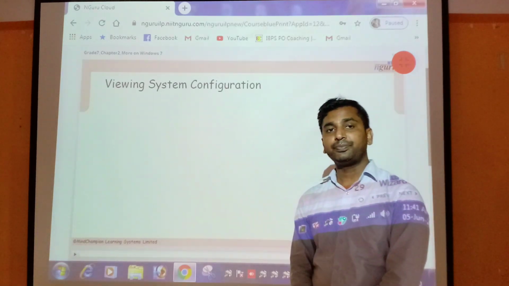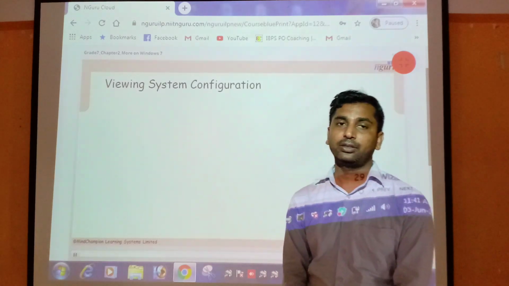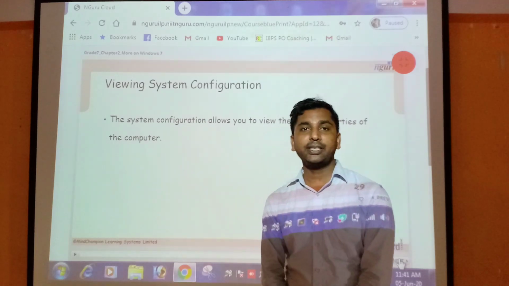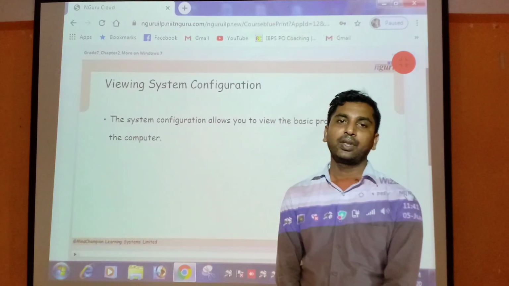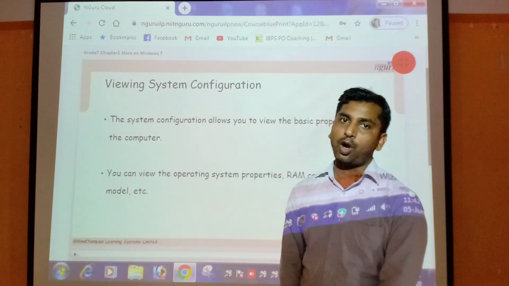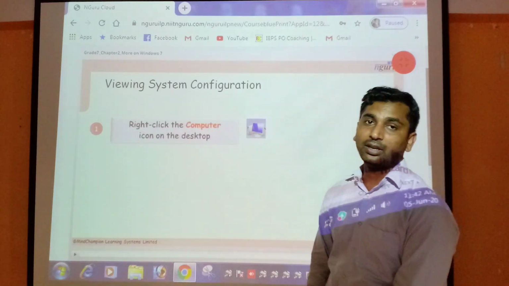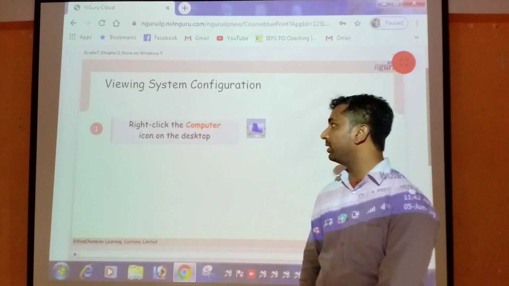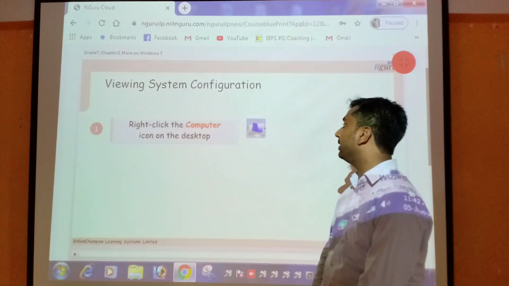So now we learn about viewing system configuration. So what is the system configuration? The system configuration allows you to view the basic properties of the computer like RAM, hard disk, Windows version, and type of operating system. So how to view system configuration? First of all, right click on the computer icon.